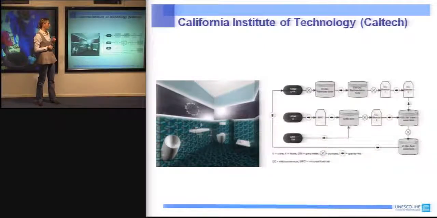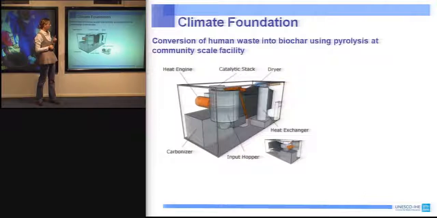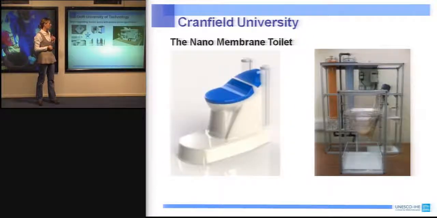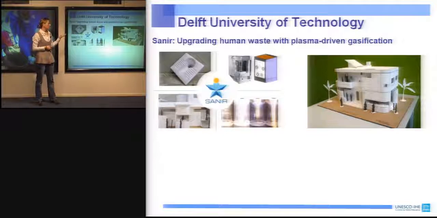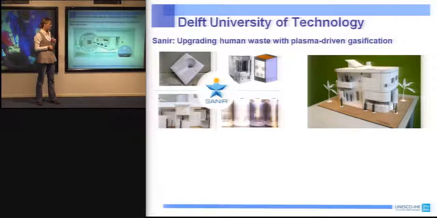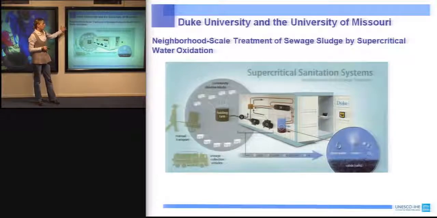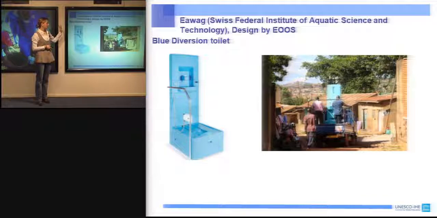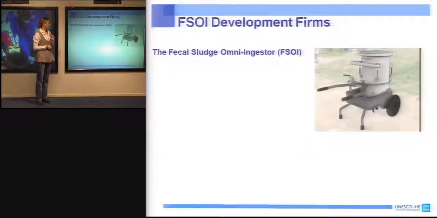California Institute of Technology, Climate Foundation for biochar production from fecal sludge, nanomembrane toilet, Frankfurt University, Delft University of Technology with their plasma-driven gasification system, Duke University with supercritical water oxidation, blue diversion toilet by EAWAG, Omni Ingester for